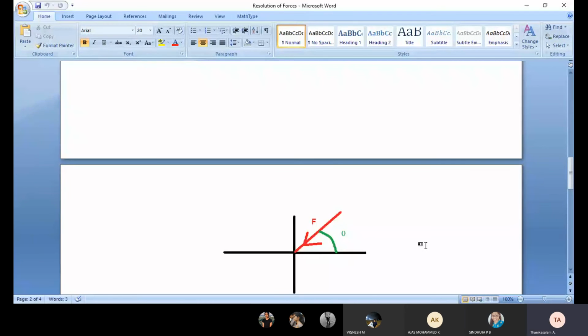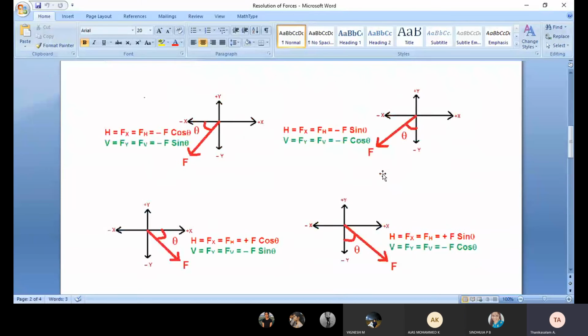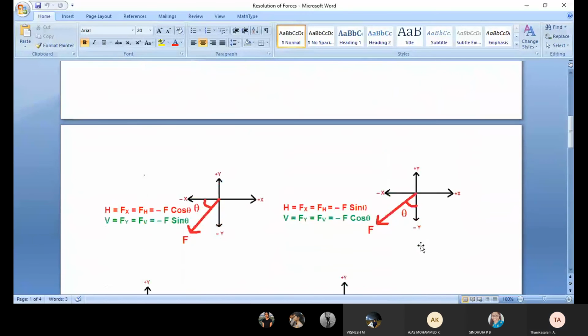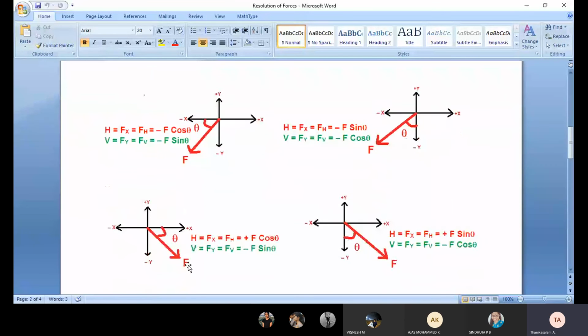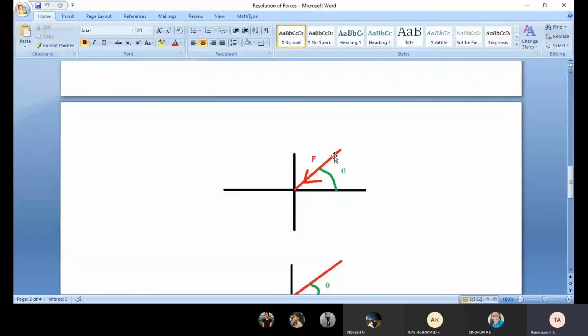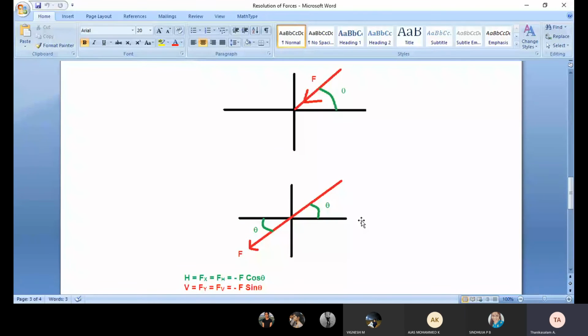See, do you think this force is lying in the first quadrant? No, it is going to the third quadrant. Yeah, very good. That is called the line of action. See here, in this diagram, these forces are lying in the first quadrant, these forces are in the second quadrant, these in the third quadrant, and these in the fourth quadrant. But see here, the force is drawn in the first quadrant, but the arrow goes to which direction? Third quadrant.